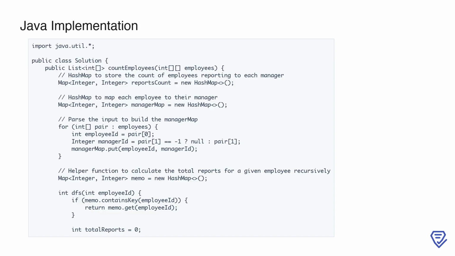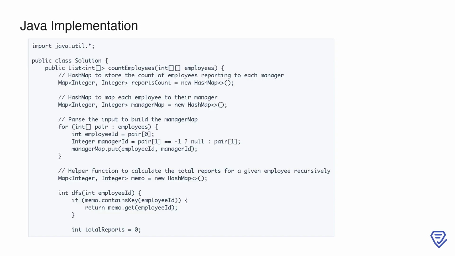We initialize two hash maps. The first one, reports count, will store the number of employees reporting to each manager. The second, manager map, maps each employee to their direct manager. Next, we iterate through the employees array to populate the manager map. For each employee-manager pair, we assign the employee ID as the key and their manager ID as the value, with the manager set to null if the ID is -1. Additionally, we define a memoization hash map to store results of previously calculated report counts, improving the efficiency of recursive